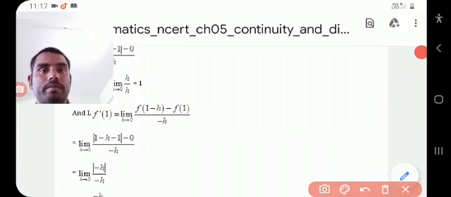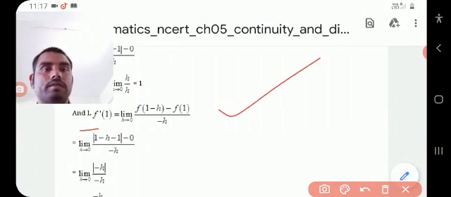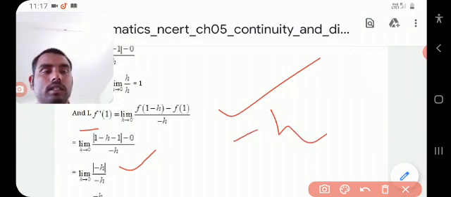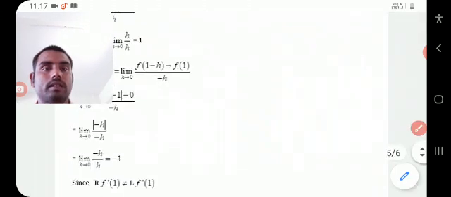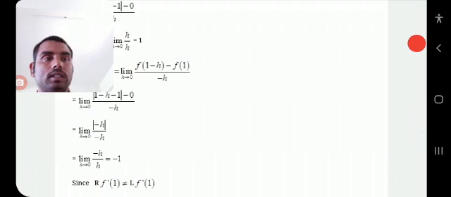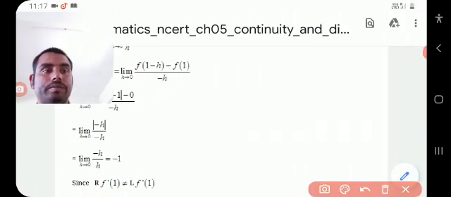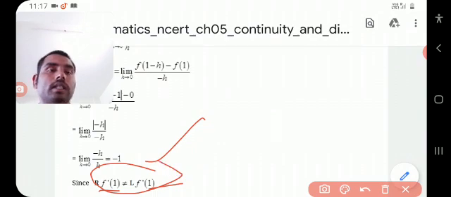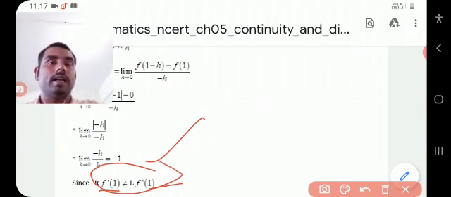Again I will check the left hand side, left part. So left part means it is a definition. So we get minus h. So mod of minus h again. So left part of 0, that means if h is less than 0, we get minus h. Okay. So minus h by h, that is equal to minus 1. So both limits, left hand limit and right hand limit, exist, but their values are not the same. So we cannot say the function is differentiable at x equal to 1 point.